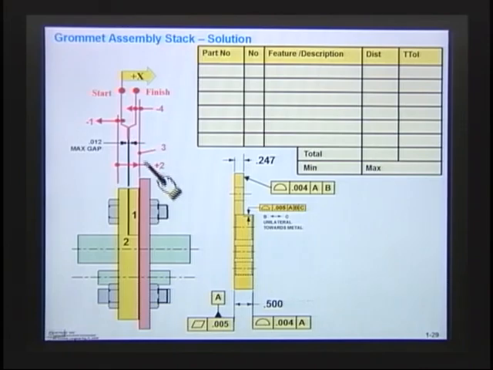Now, once we have our stack circuit laid out, the stack path, the next thing that we're going to do is transfer the data. Now, remember how this geometric tolerancing works. It's different than plus or minus. So if you haven't had that stacks program, let me just quickly review here how this thing is going to work. Remember, in this stack table, you're going to put in the part number,